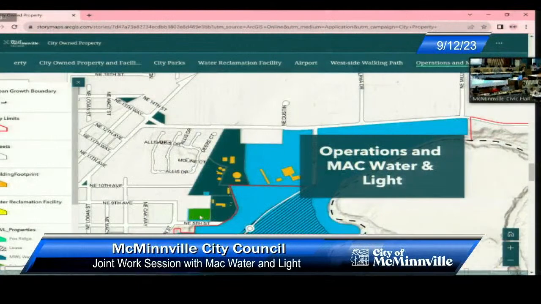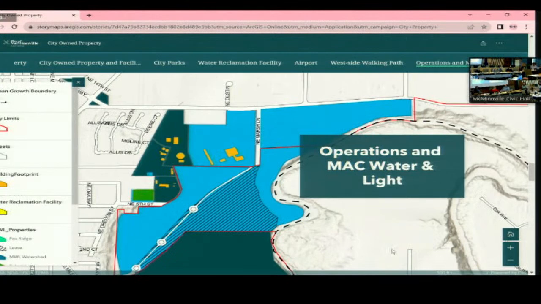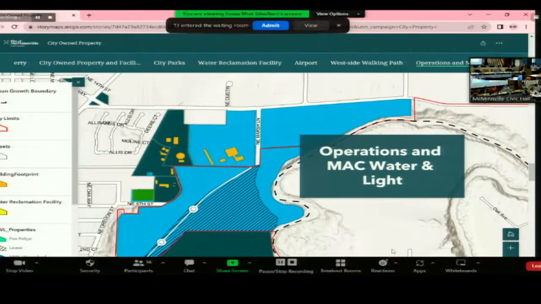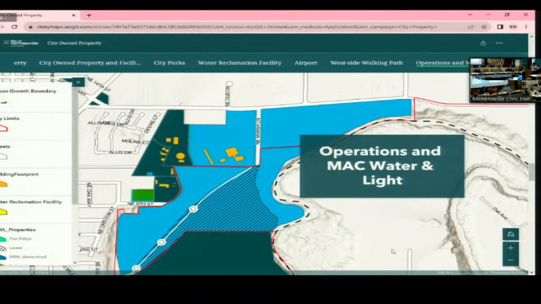That's both a BPA site where they have transmission coming in, and we take delivery at that site from them. But the other thing we've been looking at is potentially using that site for what we would call a spoils area for vac truck spoils, where we currently have some small ponds that we use and have to clean out on a regular basis. So we generate probably 200 to 300 yards of material a year just from our operations as far as vac spoils, basically excavating. Those old clarifiers would make great slag pits.